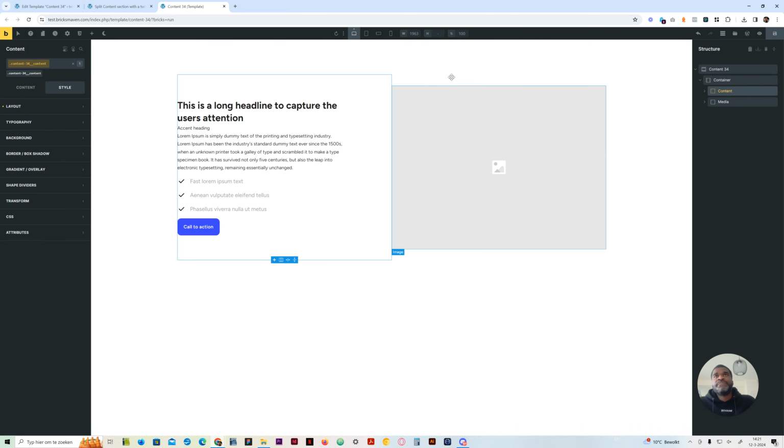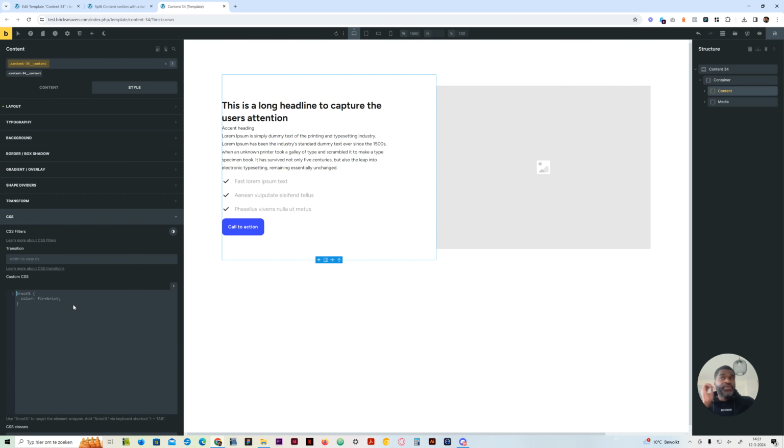So I have this now, and let's just focus on this side. I need to add, I'm going to use a before. I've created a video before where I used a pseudo element, the before pseudo element, to create the background shape, which stretches to the edges. So I'm going to do that here again. So say root before, say content,